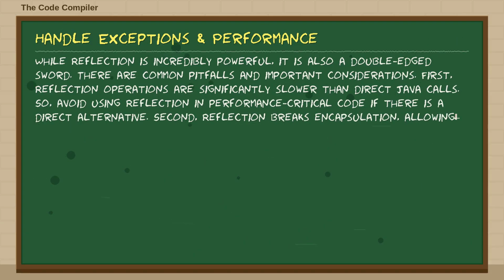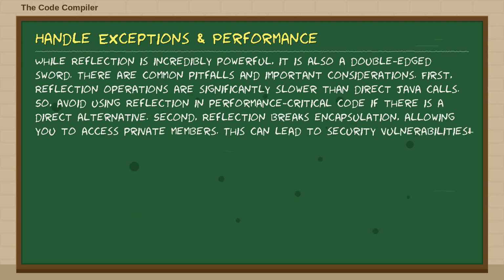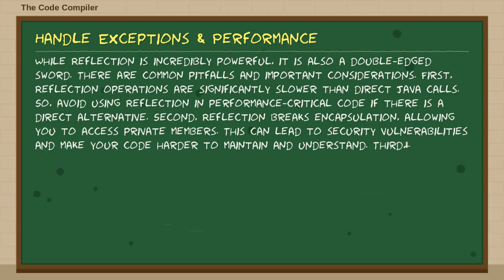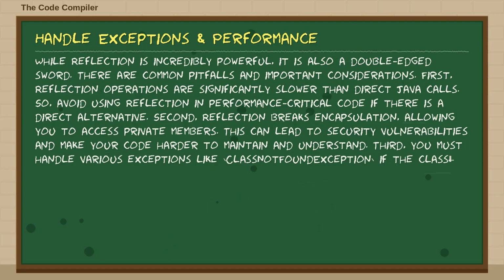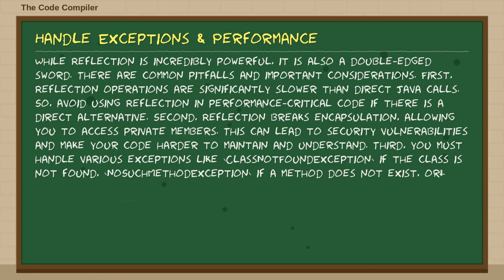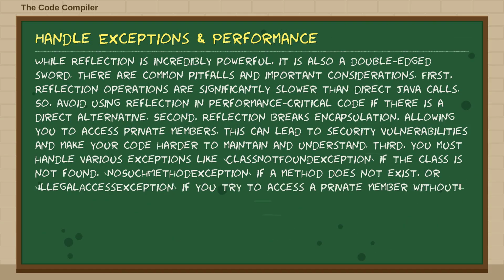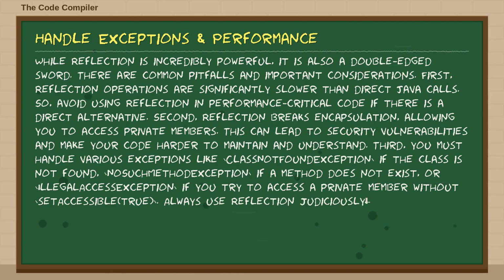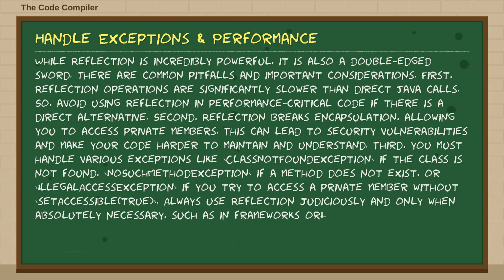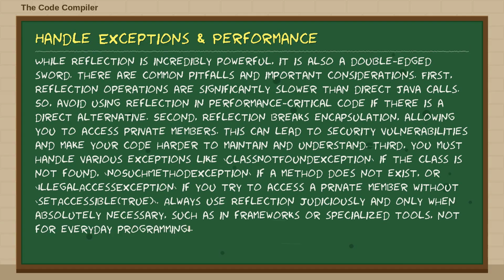Second, reflection breaks encapsulation, allowing you to access private members. This can lead to security vulnerabilities and make your code harder to maintain and understand. Third, you must handle various exceptions like ClassNotFoundException if the class is not found, NoSuchMethodException if a method does not exist, or IllegalAccessException if you try to access a private member without setAccessible(true). Always use reflection judiciously and only when absolutely necessary, such as in frameworks or specialized tools,